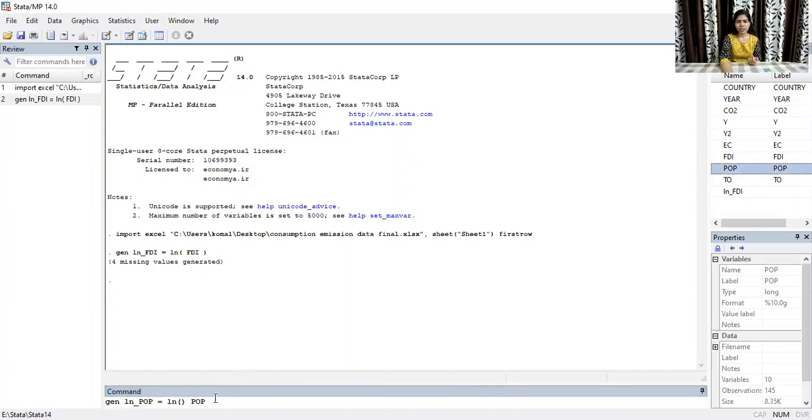So you are naming the variable population, which is ln POP.